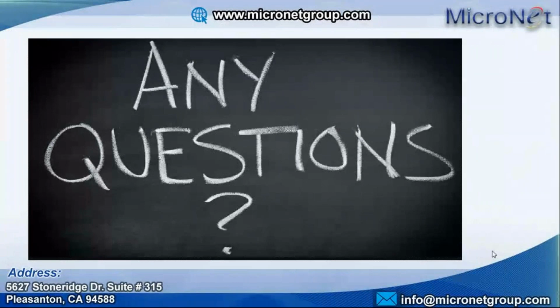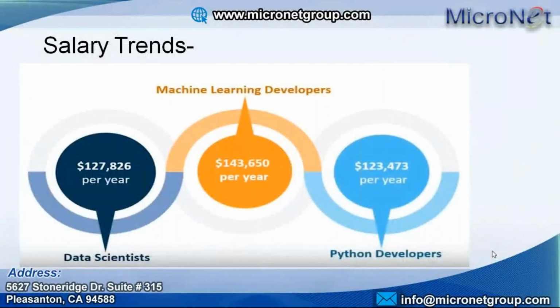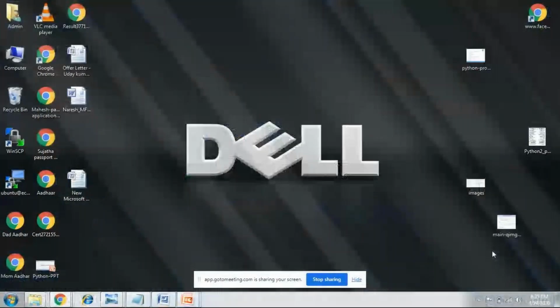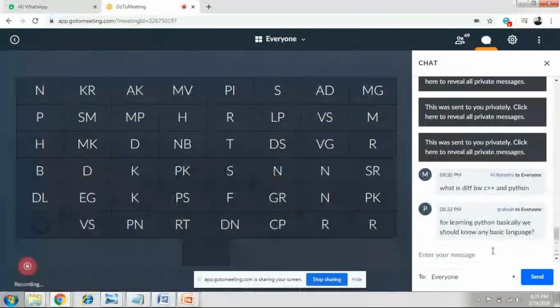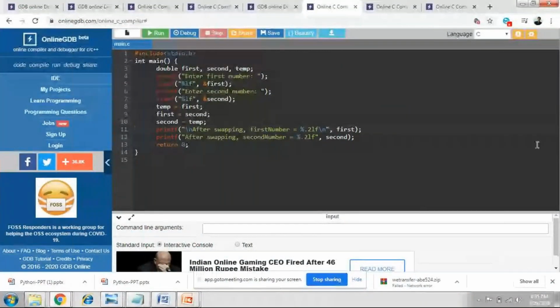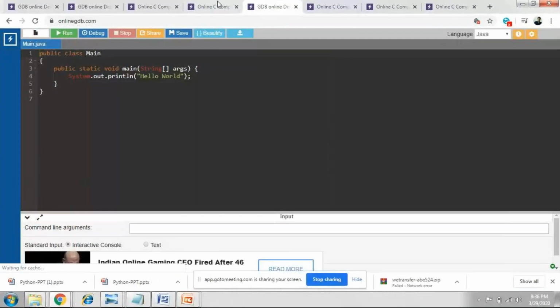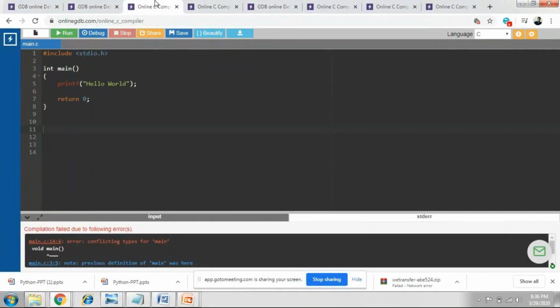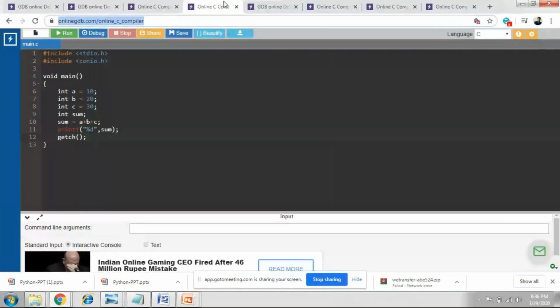Before going to the site, I just want to show you how simple Python is. So let me navigate the screen. Let's try to understand. For example, I've written some simple programs. This is a simple C language program for displaying hello world. And this is a simple C program for performing addition of three numbers. We have to declare three variables with a type, A, B, C, and even sum, then perform the sum of these, and then we can print it.